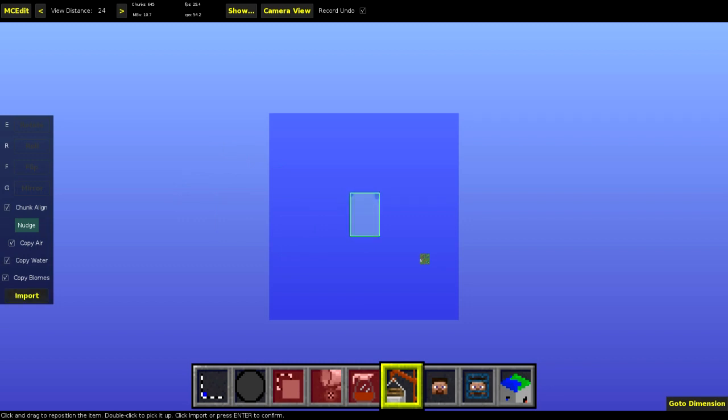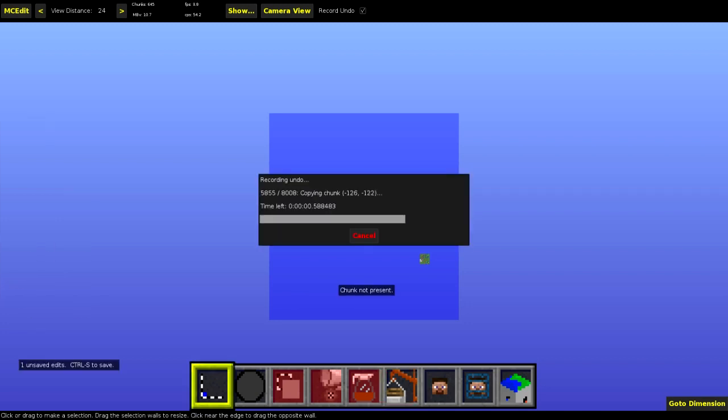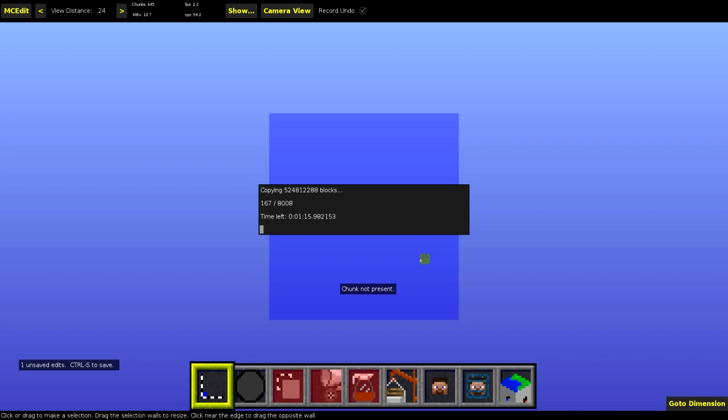like so, and hit the import button, chunk align. Yes, I think we probably want to chunk align, and let's copy biomes. Yes, copy water, copy air, all of that. Import. Okay, sweet. So we are now importing Rentopia into this Minecraft 1.7 world, and then the next step for